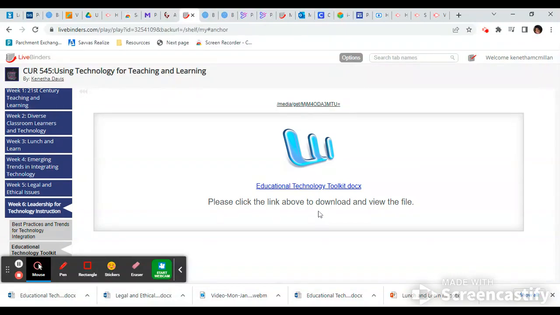The next one was the Educational Technology Toolkit. For this assignment, we had to find a book regarding how to integrate technology. And I chose the book Understanding the Digital Generation, Teaching and Learning in a New Digital Landscape. And I chose this book because I am big on technology in my classroom. And I'm always trying to find ways to use it and how to keep my students engaged and the best